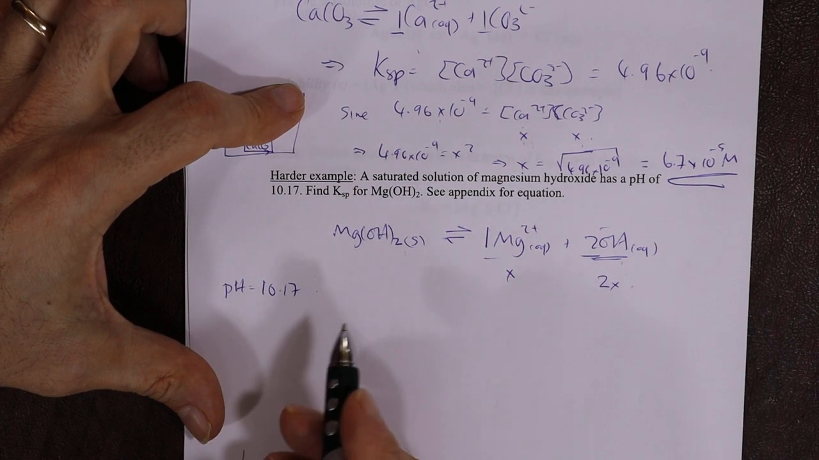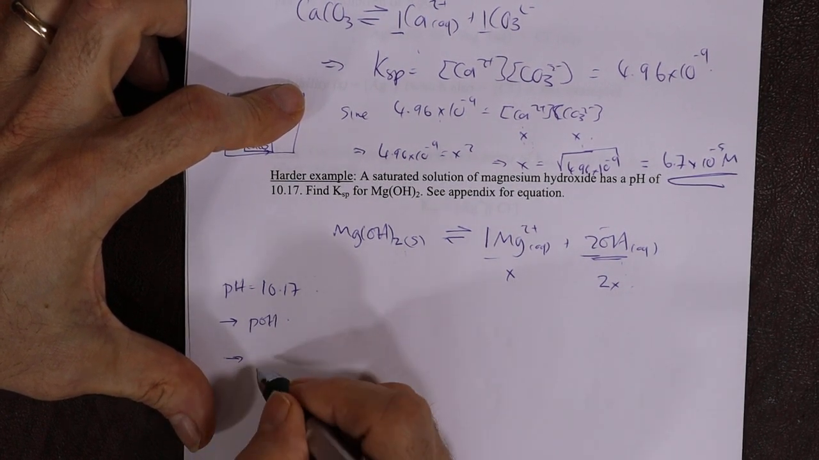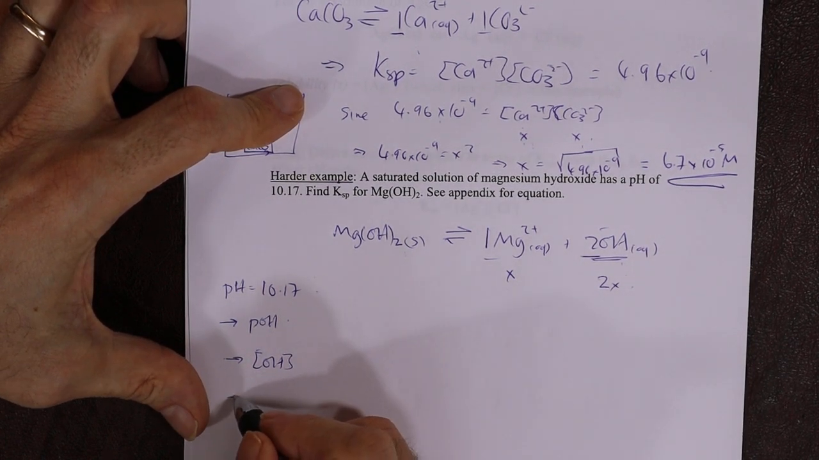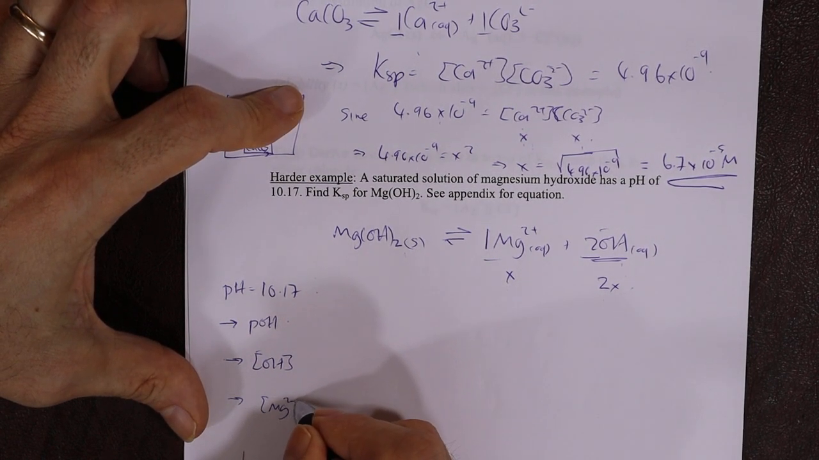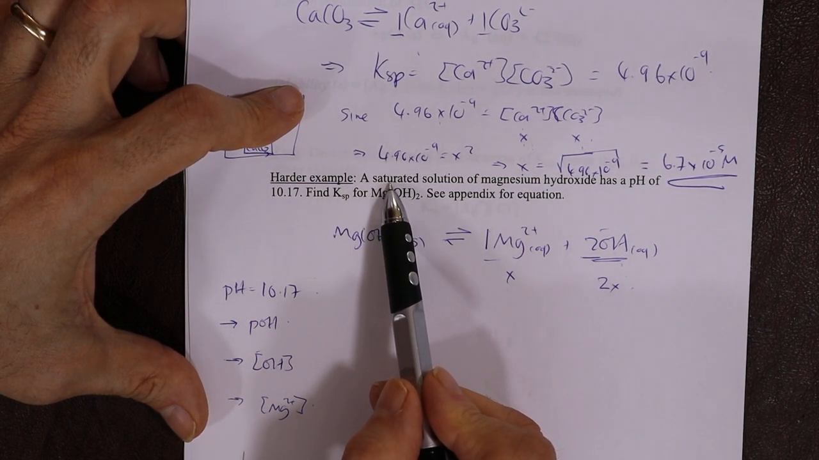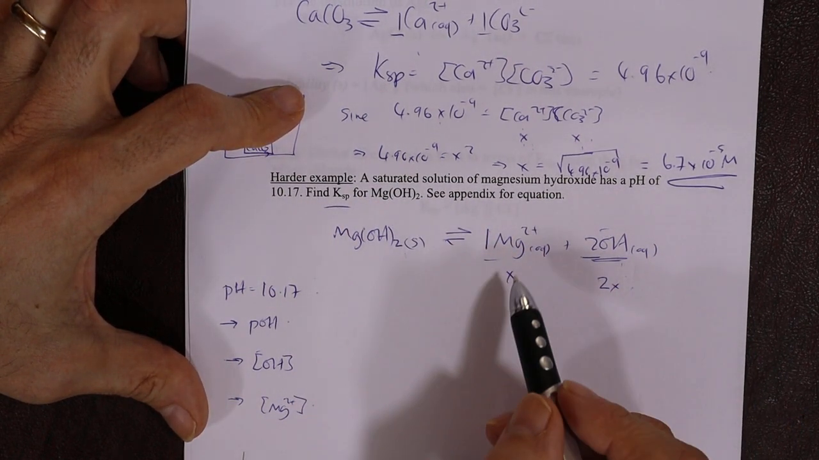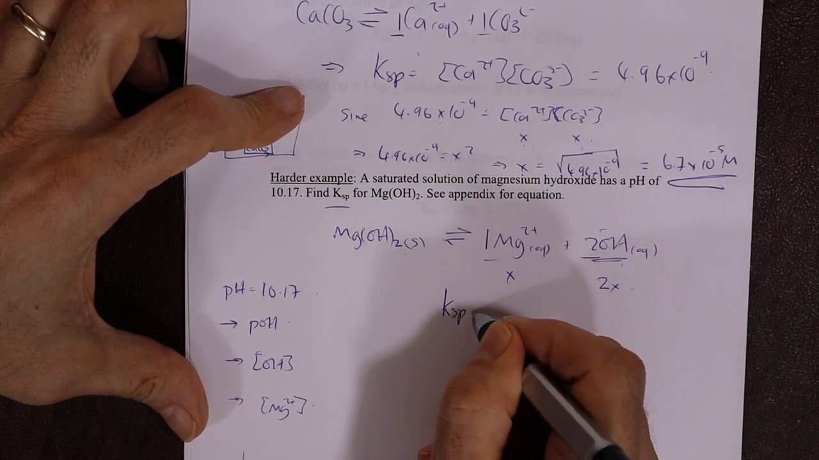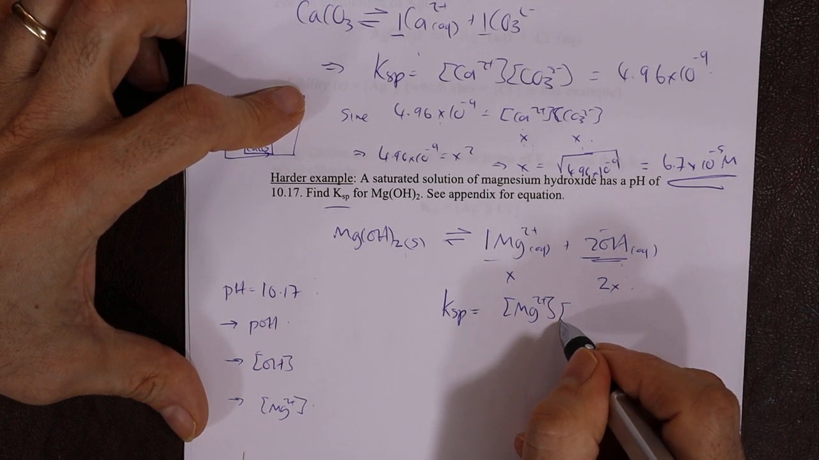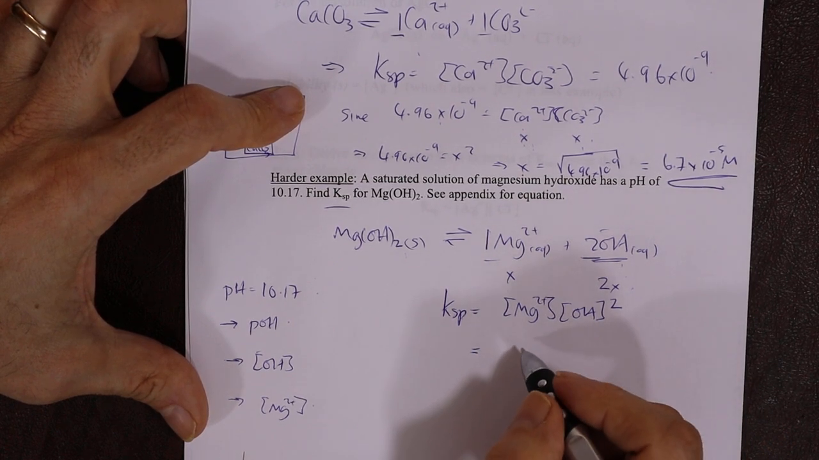Now, if you've got pH, we can go to pOH. If we've got pOH, we can find the OH minus ion concentration. And because that divided by 2 is the magnesium, we can find the magnesium ion concentration. So a saturated solution of magnesium hydroxide has a pH of this. Find KSP. KSP is going to be what? Be careful. KSP equals magnesium times hydroxide squared. Careful, which equals